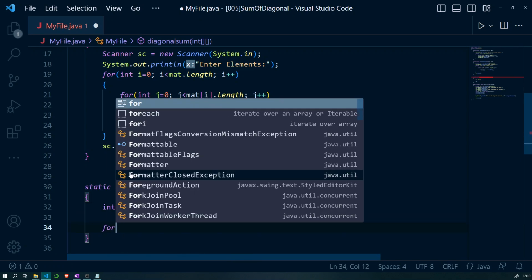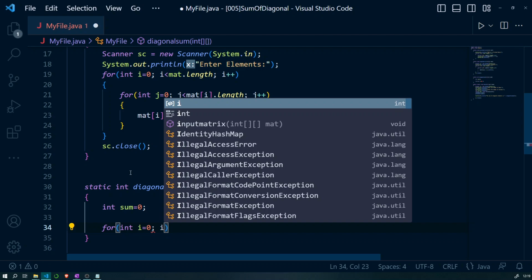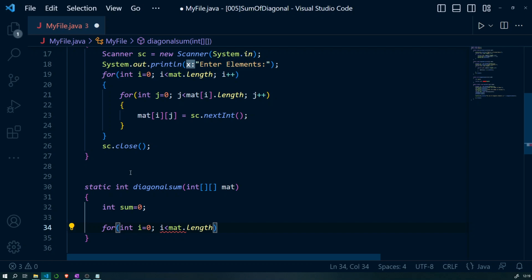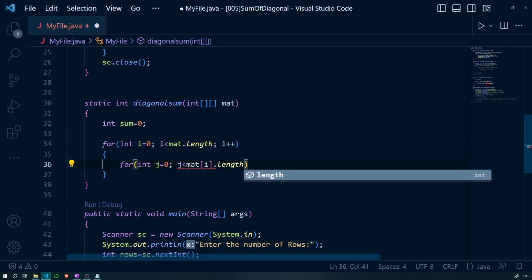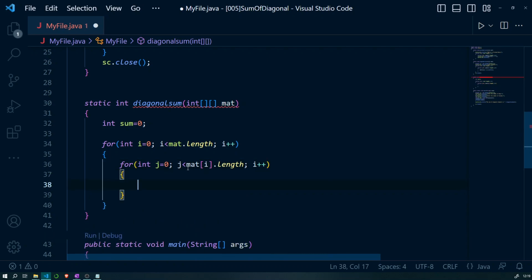Then we traverse the matrix: int i is equal to 0, i less than mat.length, i plus plus. Similarly, inner for loop: int j is equal to 0, j less than mat[i].length, j plus plus, so sum plus equal to mat[i][j].